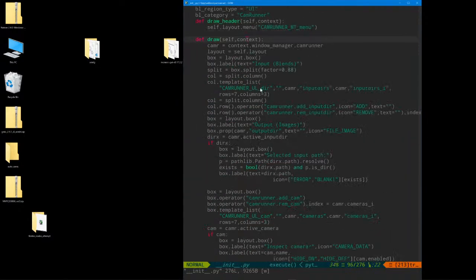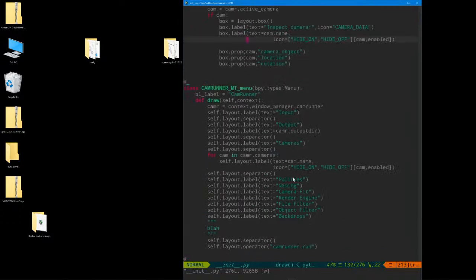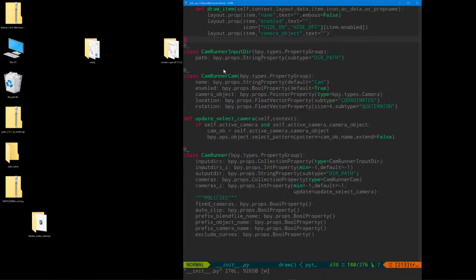Ooh, wait. Okay. Camera. That's not it. These have to go, they don't belong. Input dir, camera. That's a cam. Here's an input dir. Okay, you want a default